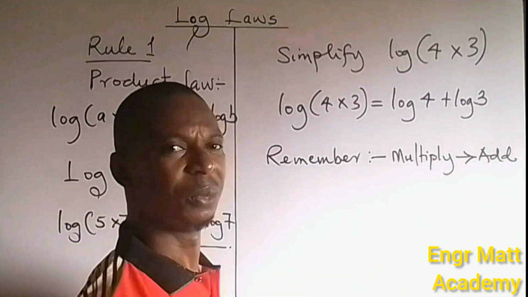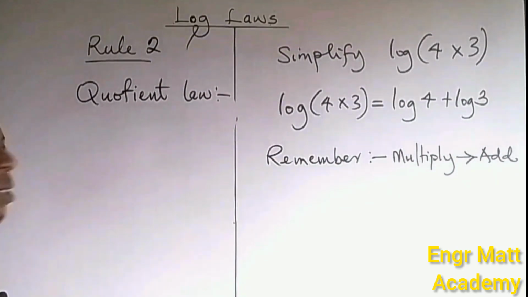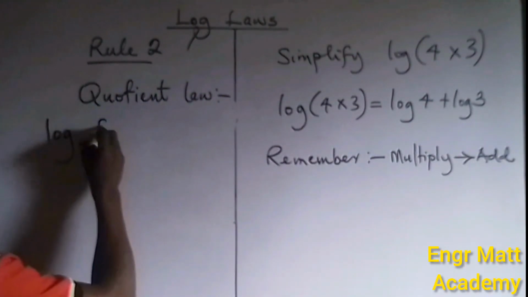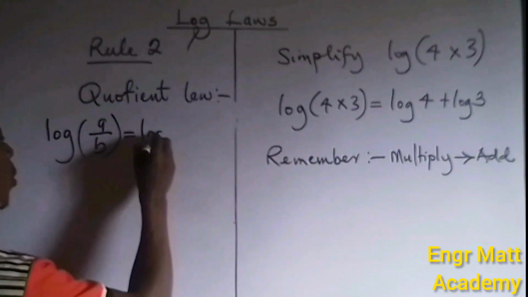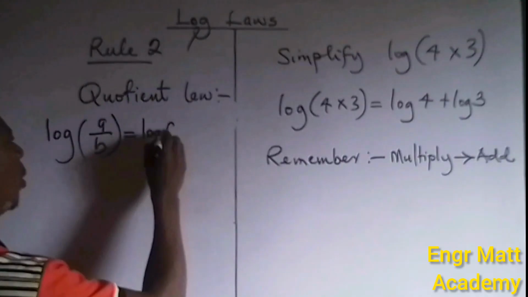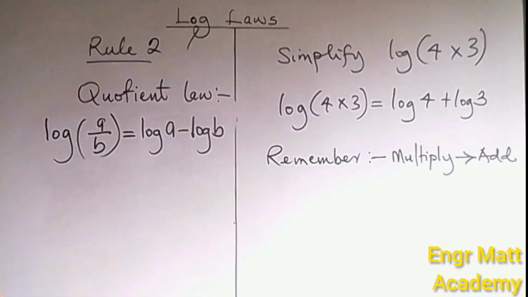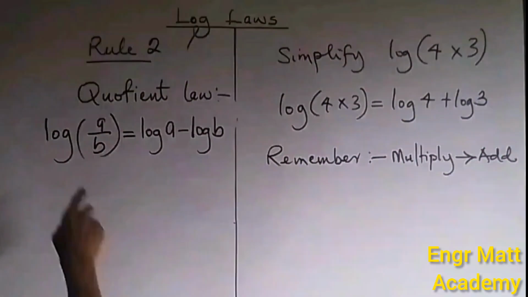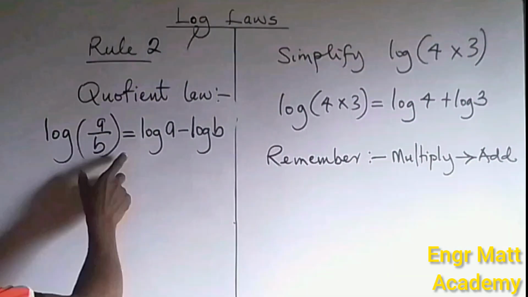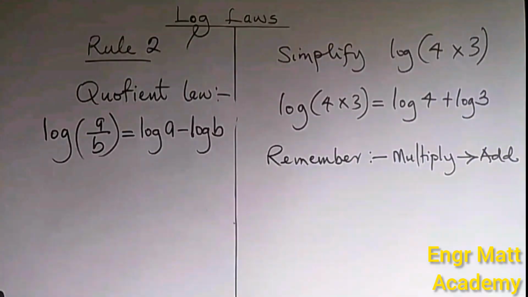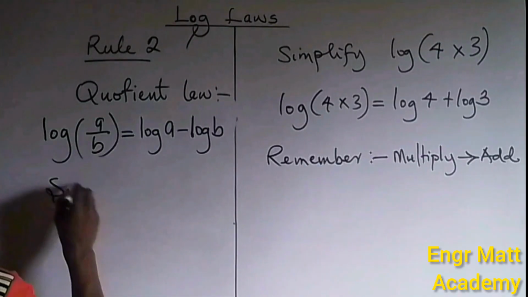Let's go to rule 2. Rule 2 is the quotient law. And what does it say? It says log A over B is equal to log A minus log B. And what does this mean? It means when we see division inside log, we split the numbers with minus, with the subtraction sign. For instance, if we have to simplify